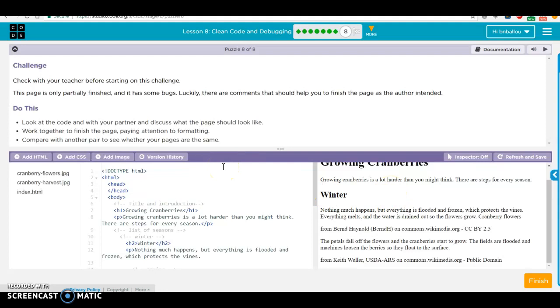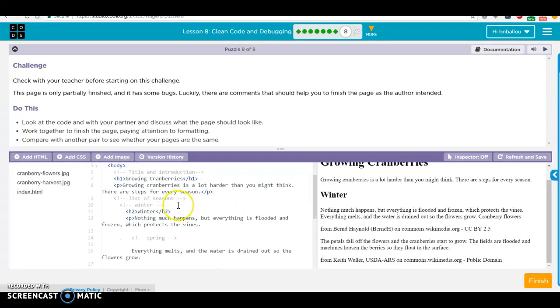So, we're going to do some debugging here. HTML head opening, head closing, body, title and introduction, growing cranberries, and that is in the H1 tags, and then the descriptions in the paragraph tags, opening and closing, which looks good. List of seasons: winter, nothing much happens, but everything is flooded and frozen, which protects the vines. Winter looks very good. However,